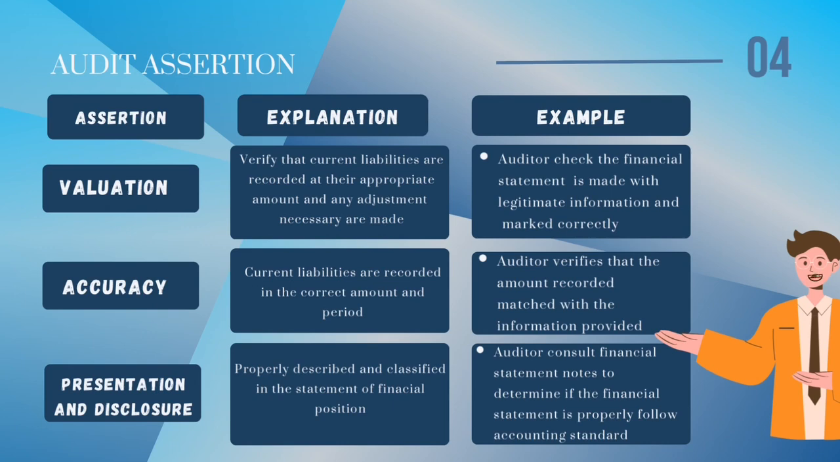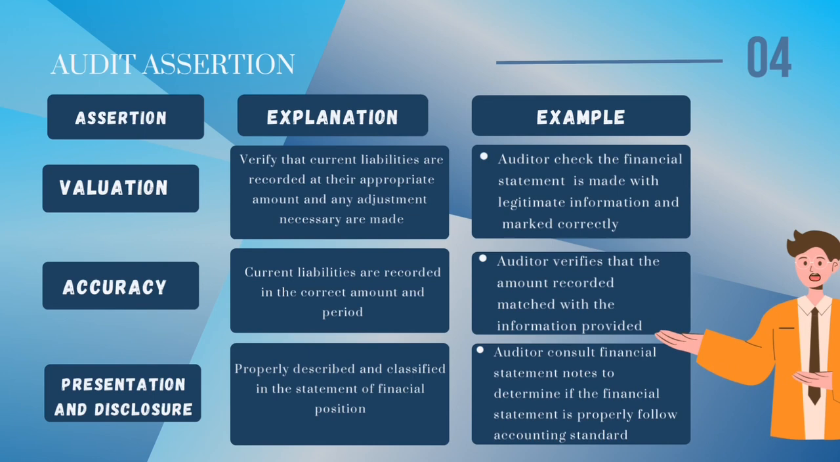Next, the fourth audit assertion is accuracy. Current liabilities are recorded in the correct amount and period. For example, the auditor verifies that the amount recorded matches the information provided. The company needs to check to see if the trade payable amount is the same as the purchase invoice